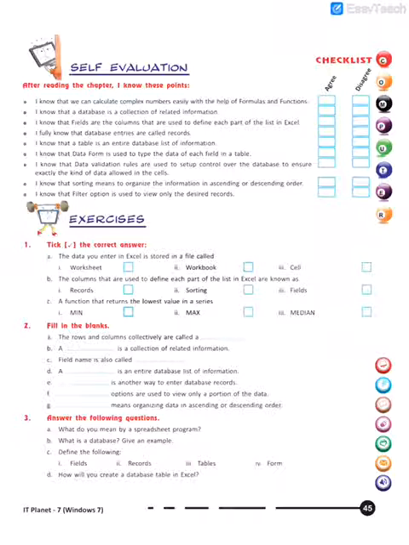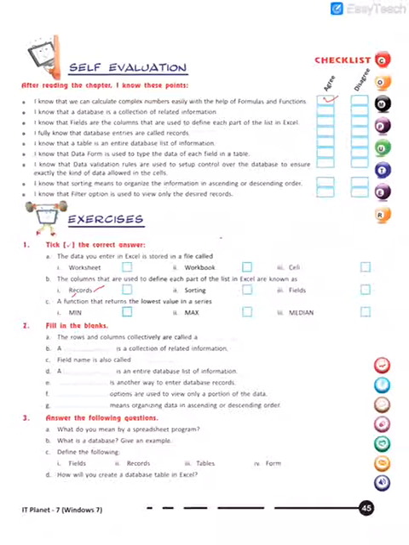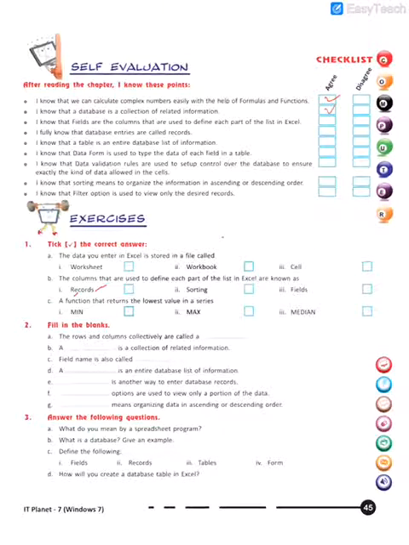Now it's time for the checklist. I know that when we calculate complex numbers with the help of formulas and functions, agree. I know that a database is a collection of related information, you have to agree on that. I know that fields are the columns that are used to define each part of the Excel list, agree. I fully know that database entries are called records, agree.